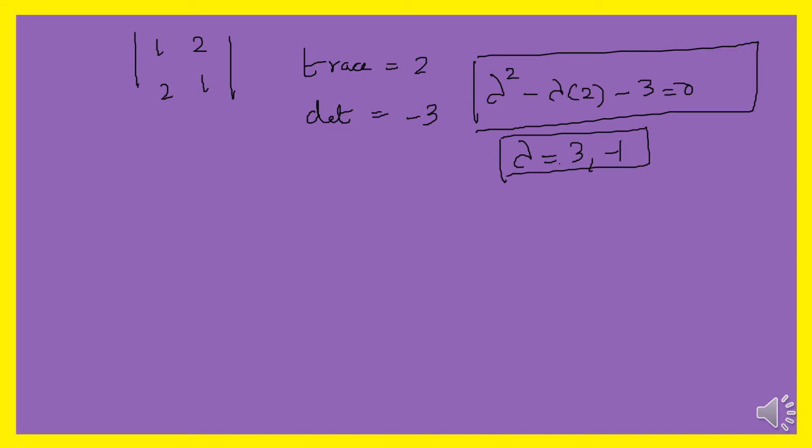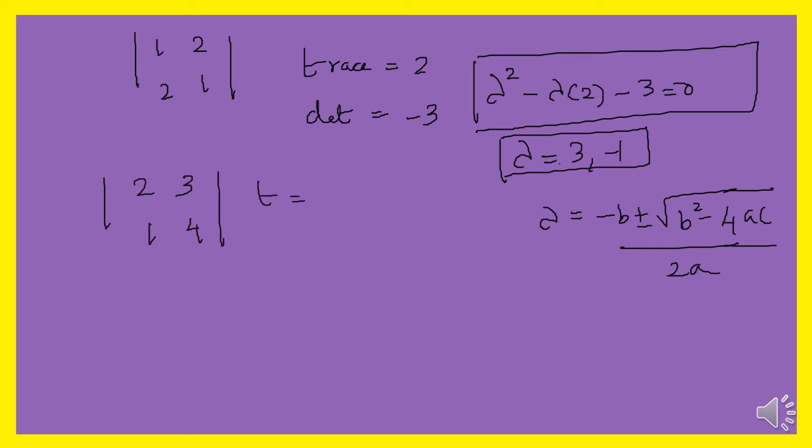Again, you have your own methods. Some of you will use the quadratic formula, lambda equal to minus b plus or minus under root b square minus 4ac by 2a. Or some split the middle term and write it. Use whichever is convenient for you to find the roots. Let us do a few more examples. Second, let me take [2 3; 1 4]. My trace here is 6 and my determinant is 8 minus 3.